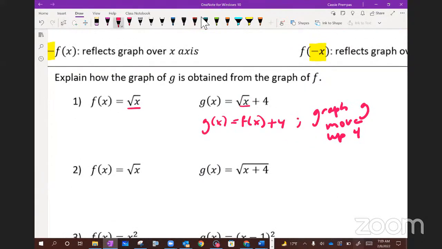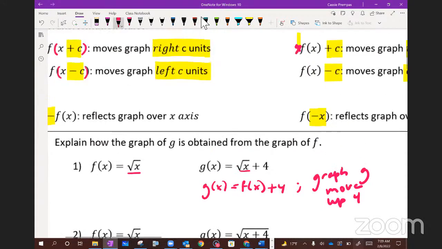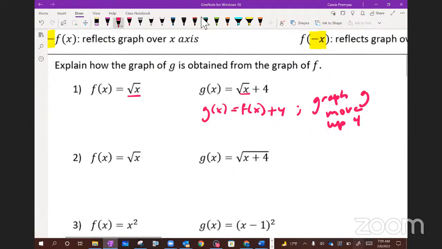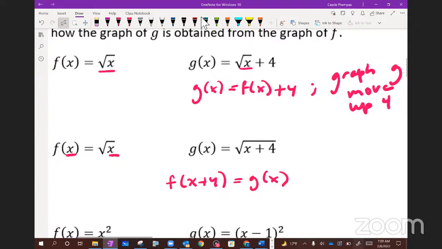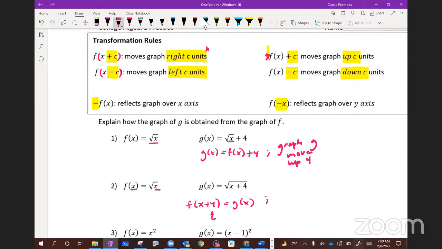So number two, if I'm describing how G is changed from F, hopefully you can see that it's more matching this situation. But if you wanted to even analyze that better, if I was saying, how is G relating to X? I can see that if I plug in X plus 4 for the input of function F, that's where I will get function G. Again, because if you plug in X plus 4, then you'll plug that in for there and you can see function G. So obviously, as I'm looking at this, I can see, oh, that moves to the, it's opposite day,